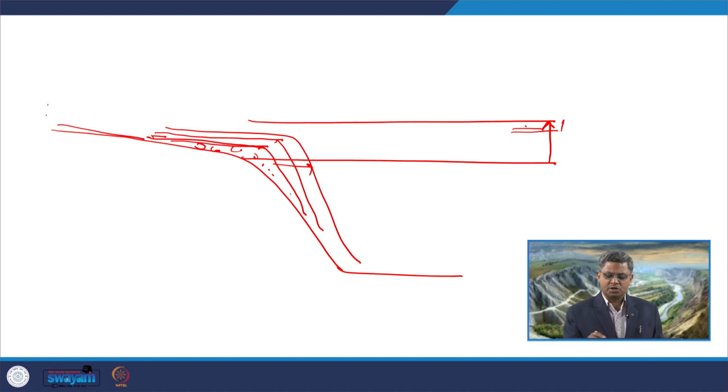In this kind of condition, the accommodation available now is much higher compared to this initial portion, because at that time the rate of base level change was slower. So, the amount of net accommodation created was low compared to this upper part, where the accommodation is created in a higher amount.